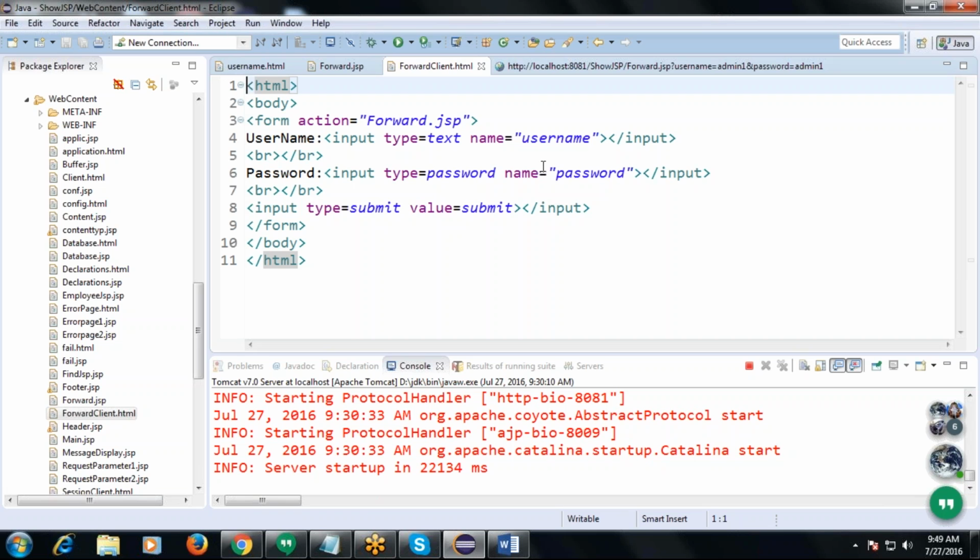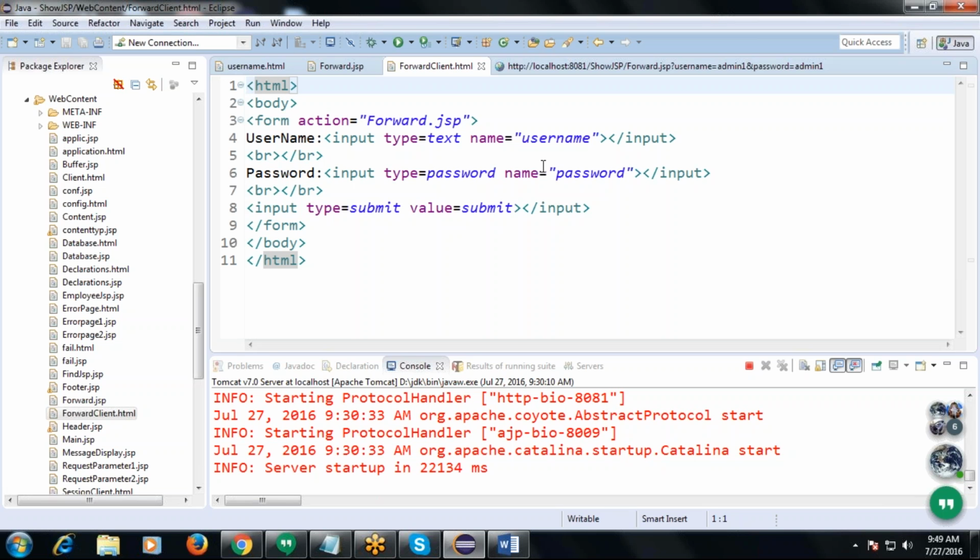Forward means it will open up a new page. Include means it will just show the message in the same page if we have any message too, right? Yeah, right. So is it clear right now?